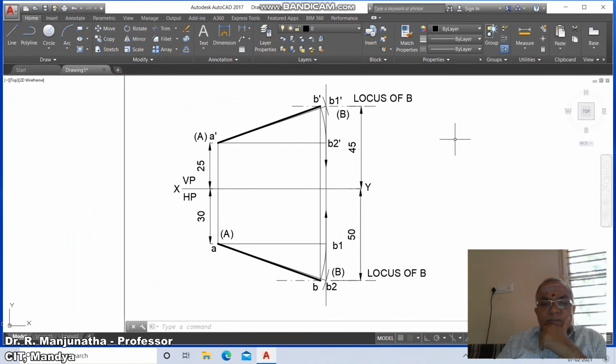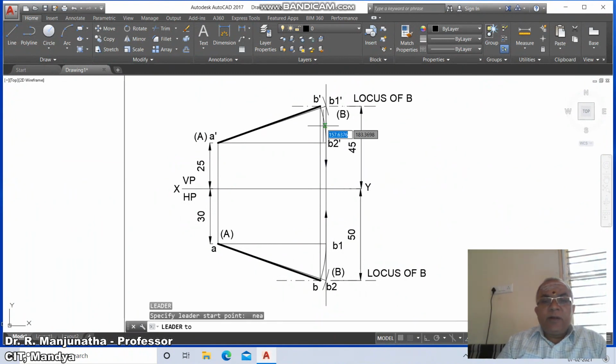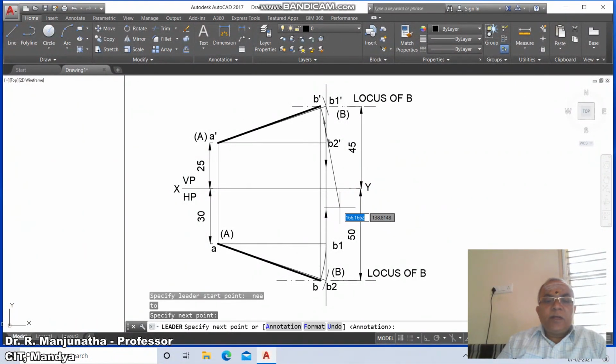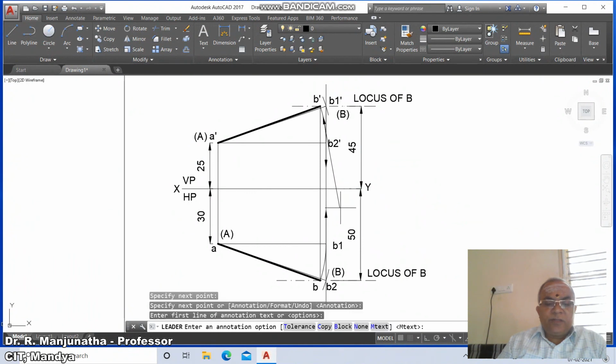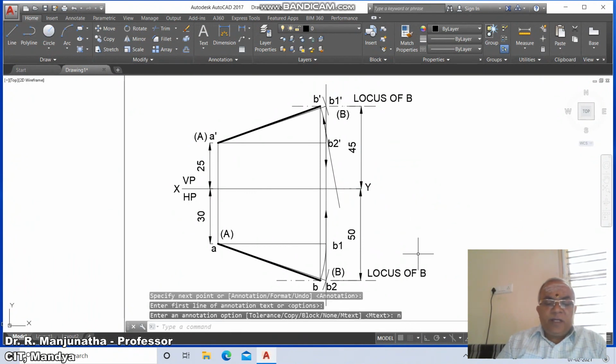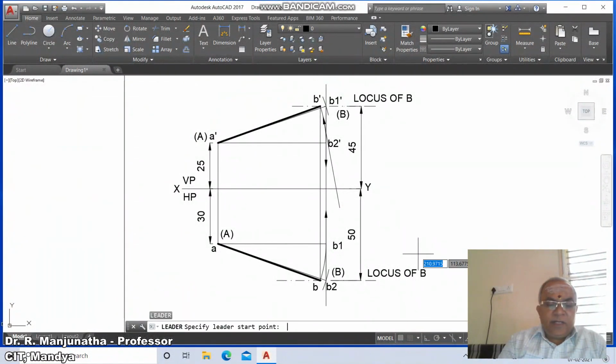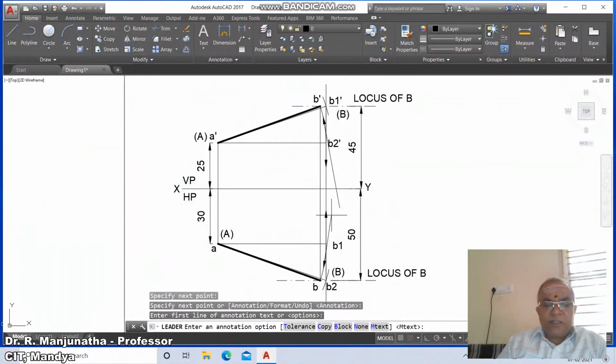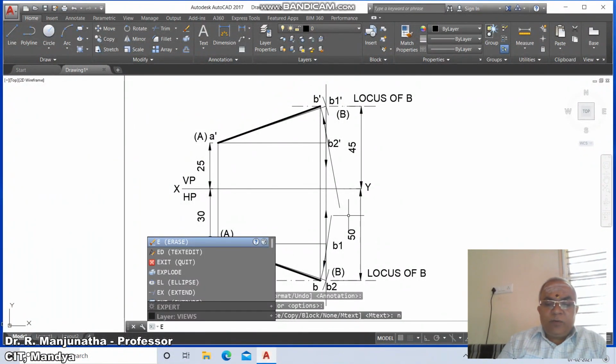Then you have this, go to leader, take the nearest point on this, and then rotate like this. Annotation options none. Similarly, leader nearest, then you click on this and you make it tangential to this arc. Annotation options none. Then go to explode